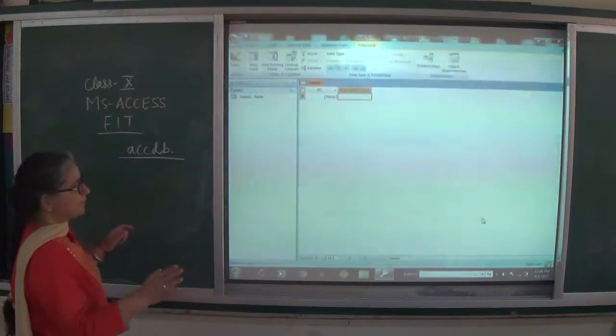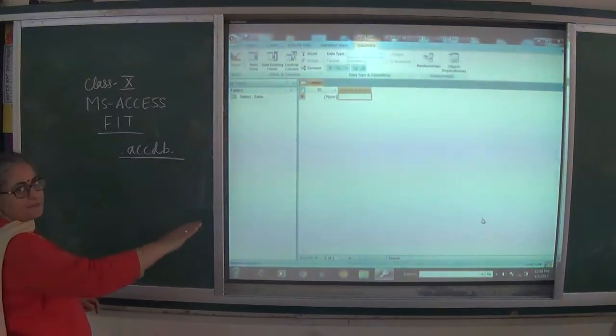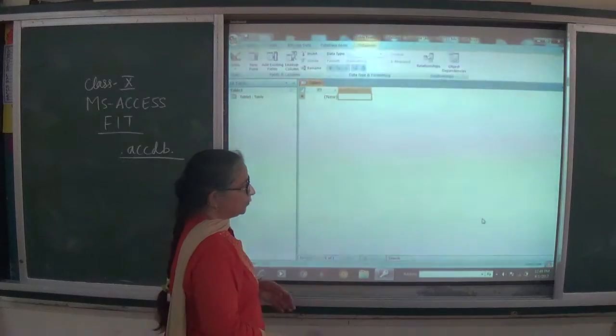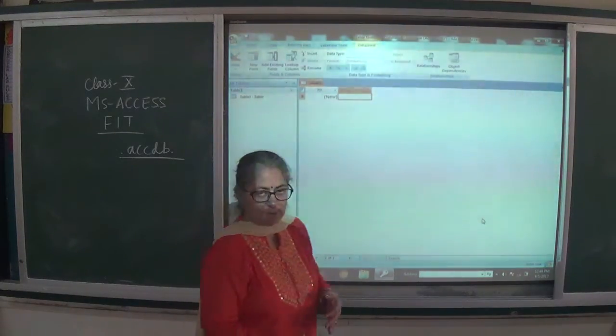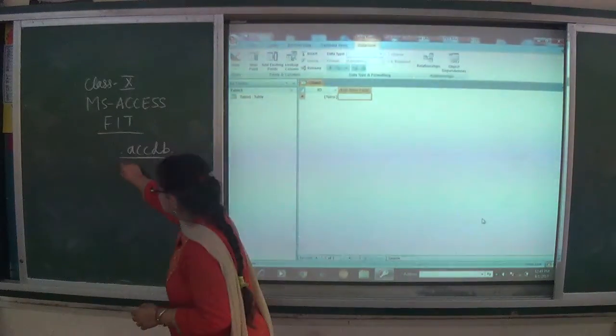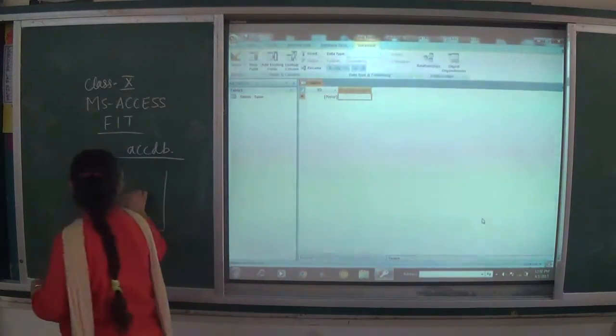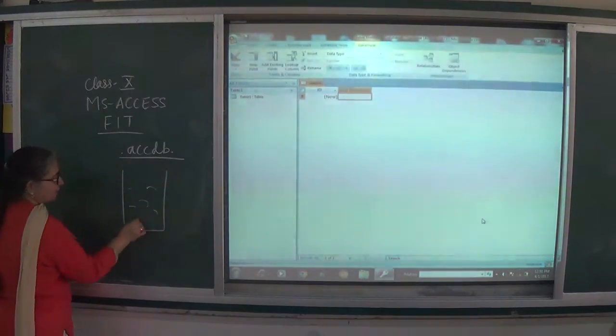Now when we press the button create, this is the interface which we've got. Now one more thing you should always understand, that a database is just like a box. It's like a box having different kinds of chocolates.